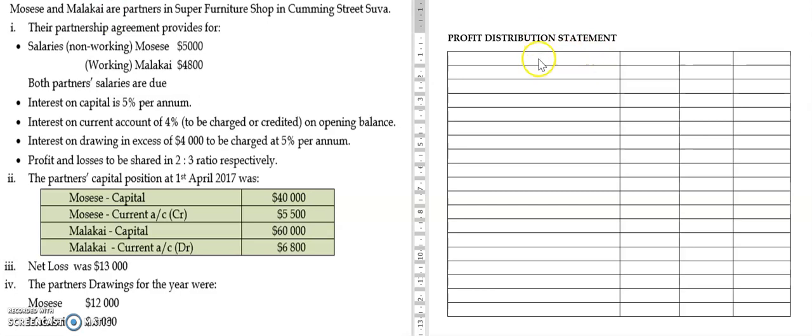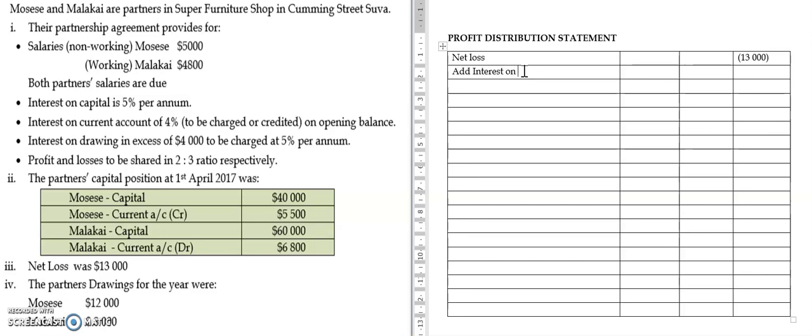So first thing, we have to write whether the business has a profit or loss. That's what we are going to share between the partners, distribute between the partners. So in this question, we can see they have a loss. So we'll write net loss. It's a loss, so it will be written in bracket. Then when we follow the format of profit distribution, we have to add first, and we add